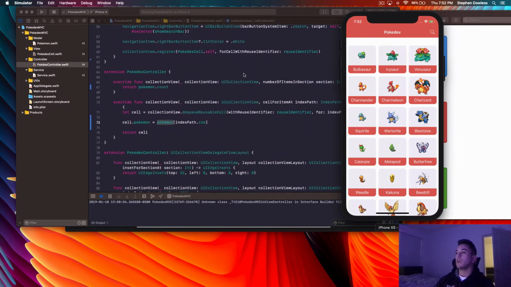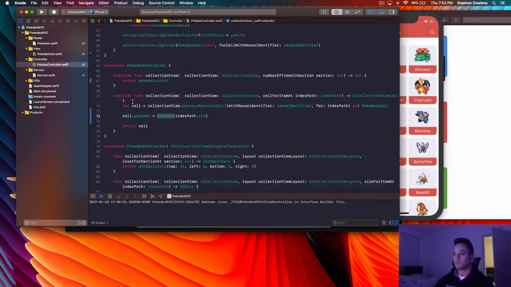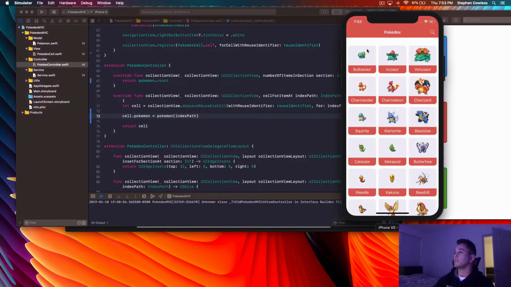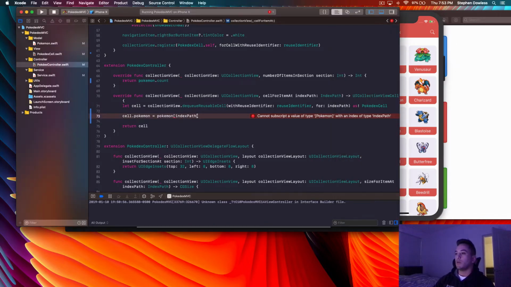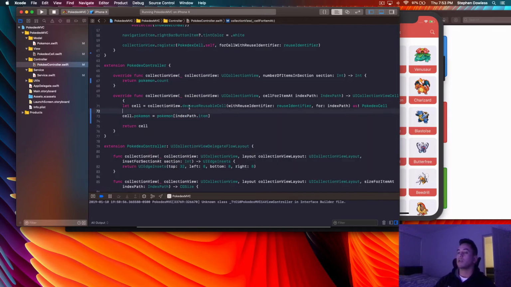And then it's going to say, okay, the 0 cell, or the first cell, the Pokemon for that cell is going to be the first Pokemon that exists in that Pokemon array, right? So that's what that's doing there. That's what this indexPath.row is. Essentially, it's saying for every cell, give me the 0 Pokemon, the 1 Pokemon, the 2 Pokemon. And then it's updating the corresponding cell 0, 1, 2 with each one of those Pokemon, right? We need to say indexPath.row, or item is better because this is a collection view.